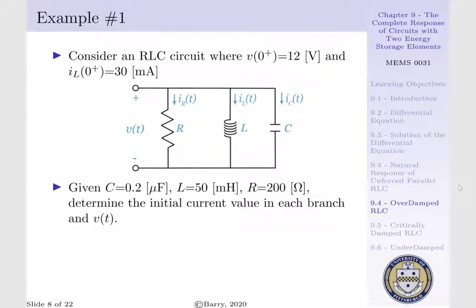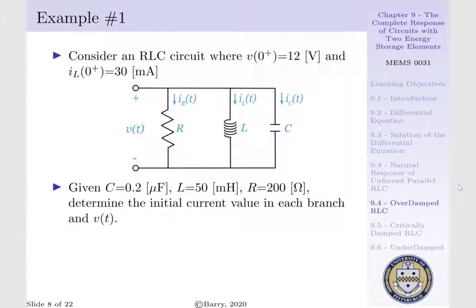Let us consider an RLC circuit where our voltage potential on the right hand side of t equals 0 is 12 volts, and our current initially running through our inductor on the right hand side of t equals 0 is 30 milliamps. Given a capacitance of 0.2 microfarads, an inductance of 50 millihenries, and a resistance of 200 ohms,